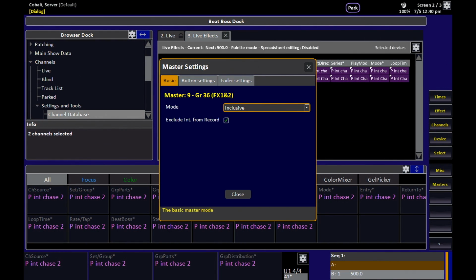And you can see that the mode for this master, the reason we're seeing the mark level, is because this is an inclusive master. It will pile on its information. It's included in the show as far as recording goes. That's not my intent right now. What I want to do is create an inhibitive master. And an inhibitive